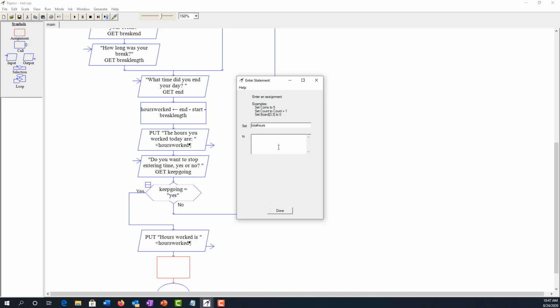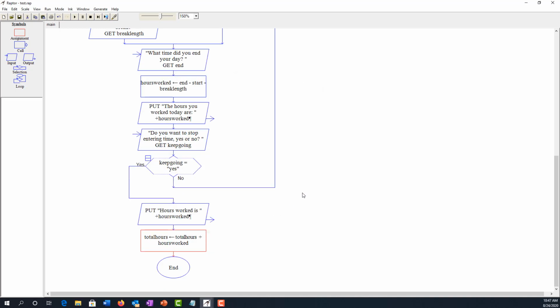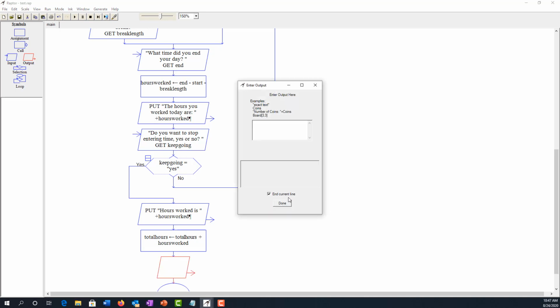And total hours is going to equal total hours plus hours worked. And there's going to be a problem with this. You're going to see it here in just a minute. Then the next thing that I want to print is what those total hours are. So I'm going to grab the output and double click, and again in quotes,